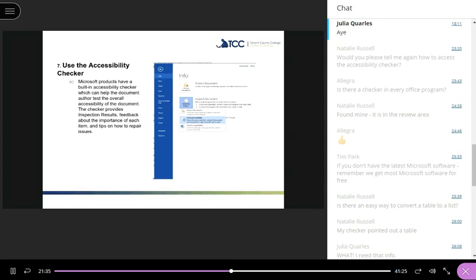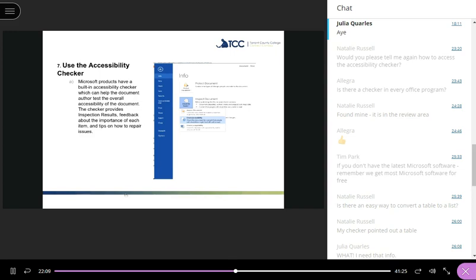That was perfectly articulated. So the next thing I want to show you guys is where the accessibility checker is in the Word suite. And the example I have up here is for Microsoft Word. So in Word, if you go to the File tab and you click on it, this is what it will look like. And the File tab is the very first thing that you see in the far upper left-hand corner, underneath an icon for an old floppy disk, to save your stuff, and then you'll see the tab for File.